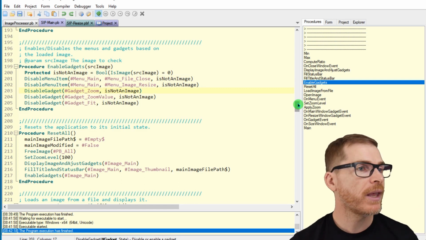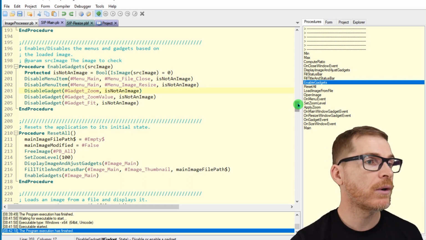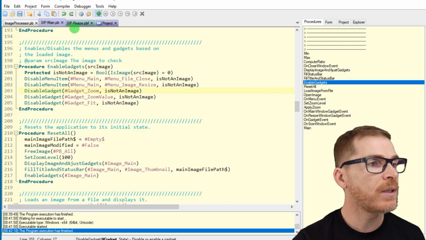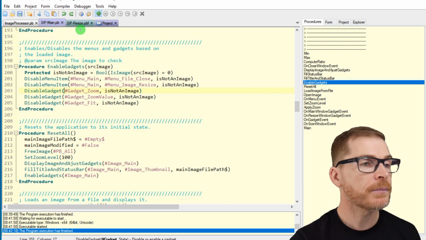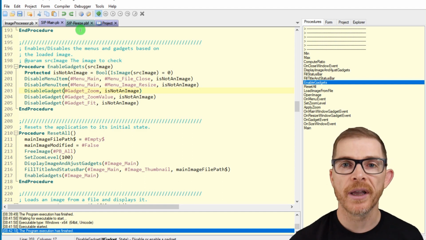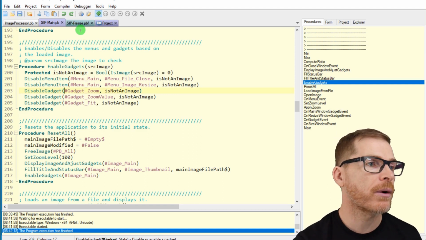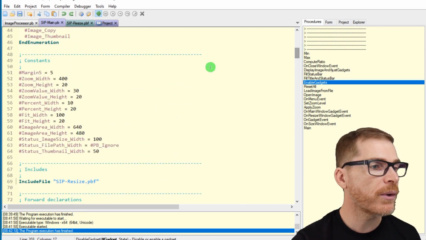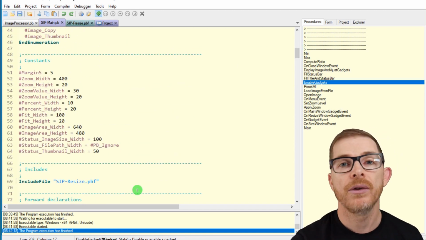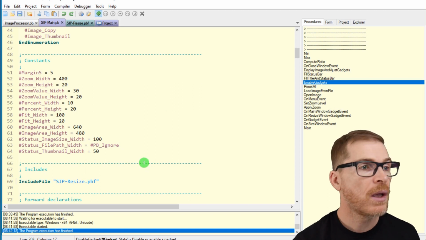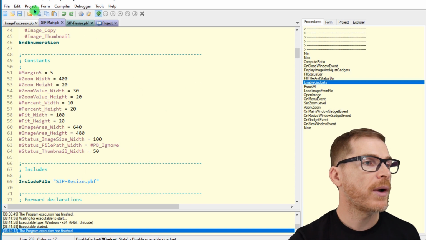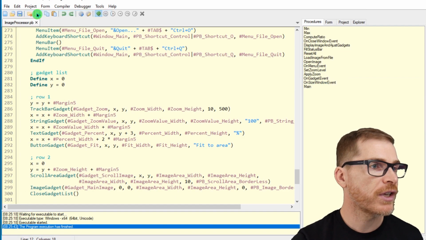And also last thing for this, so now we have two files, okay? The zip main and the zip resize PBF. And I want to put them together, I want to link them together. Okay, so you're going to tell me, oh, but they're already linked because you're including one file in the other. You're right, I could leave it like this. But I wanted to test the project feature. So I went project, new project,